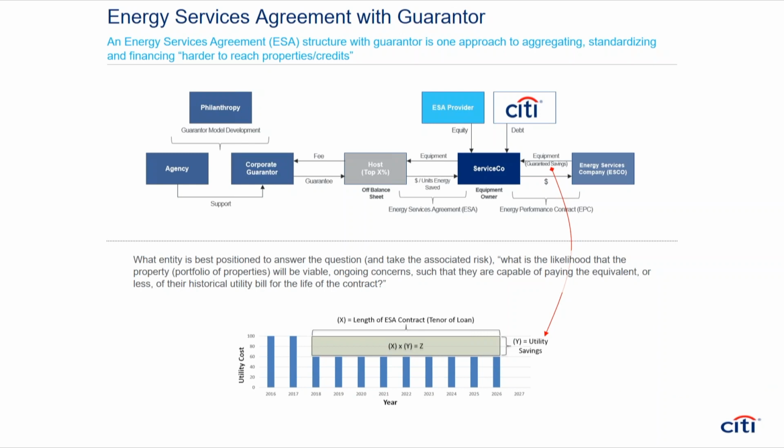So my universe of properties, who I'm able to finance today, is investment grade corporates. And we need to be able to touch way more than investment grade corporates for any sort of alternative infrastructure, whether it's energy or stormwater, waste.